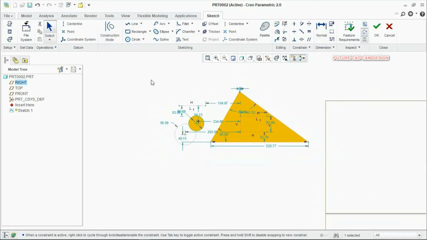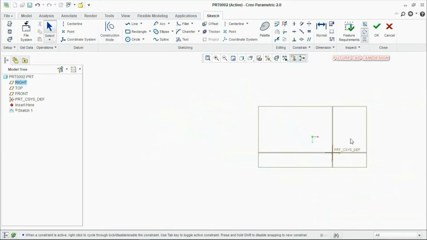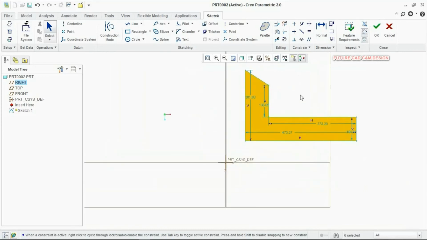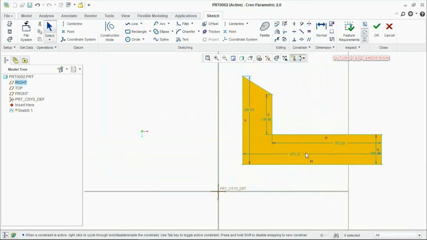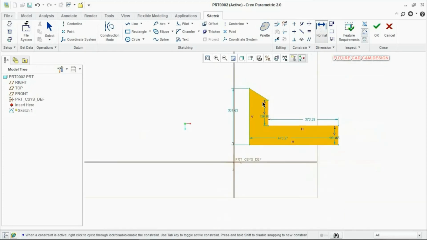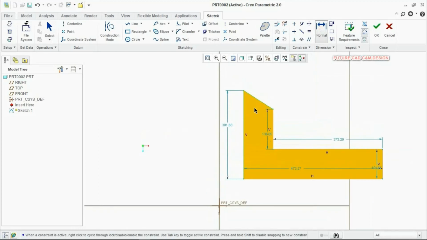How to give the dimensions? Dimensions we have already discussed. For example, here you can see I have a sketch. You can see the dimensions. Some of the dimensions are here, but a few of the dimensions are missing. You can see here we have one angle. If you need to give a new dimension, click on normal, select line 1, select line 2, and I am pressing my scroll button here. So now the dimension has been created.